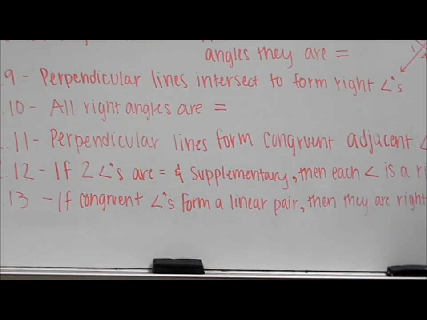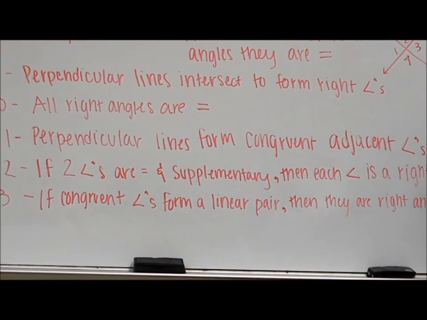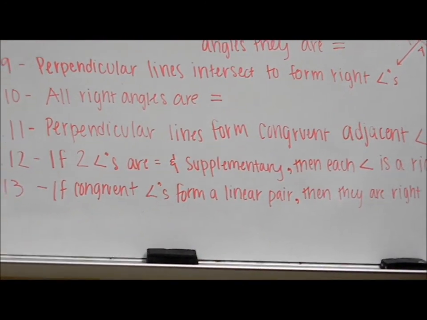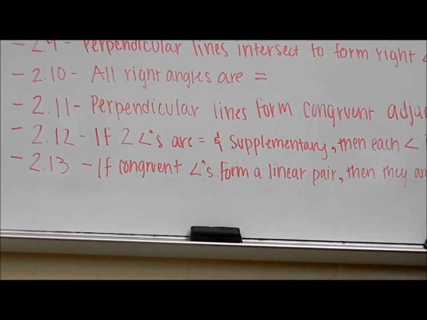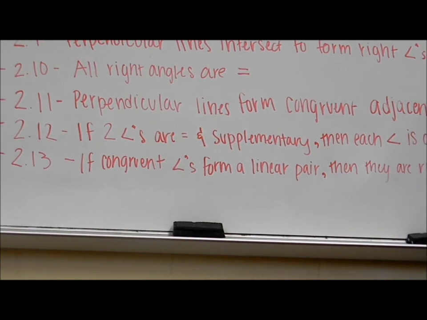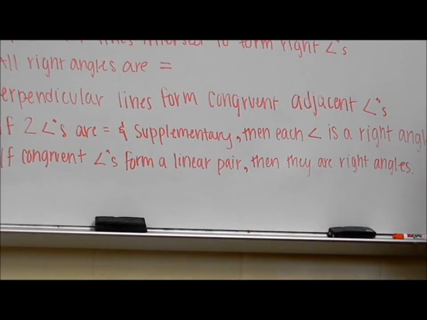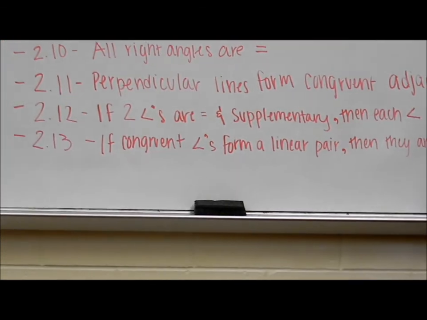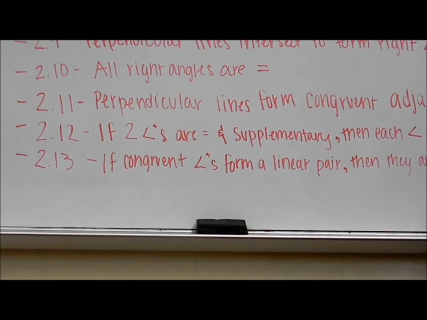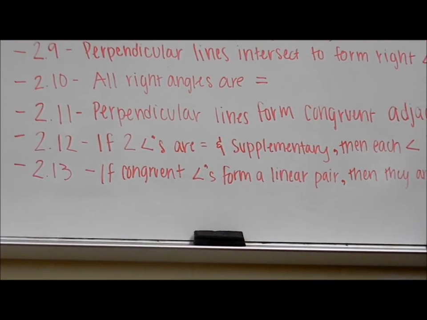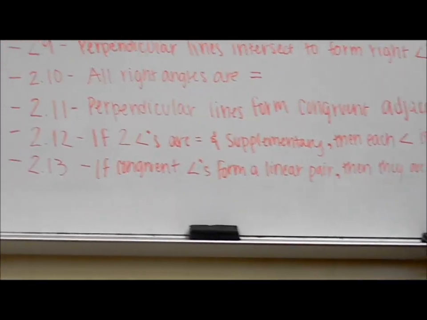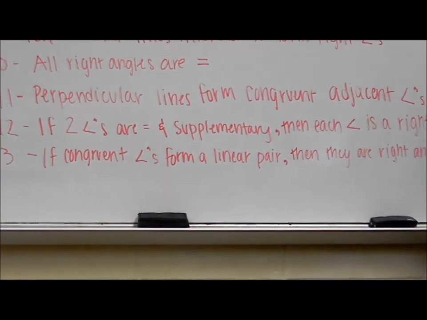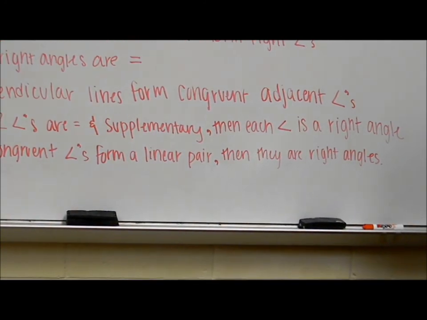2.9 is perpendicular lines intersect to form two right angles. 2.10 is all right angles are equal. 2.11 is perpendicular lines form congruent adjacent angles. 2.12, if two angles are equal and supplementary, then each angle is a right angle. And 2.13, if congruent angles form a linear pair, then they are right